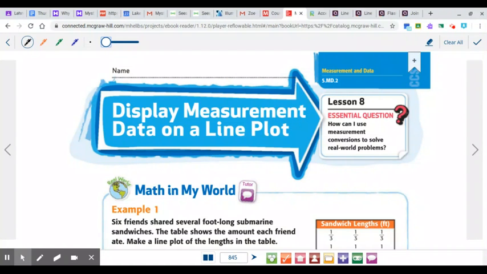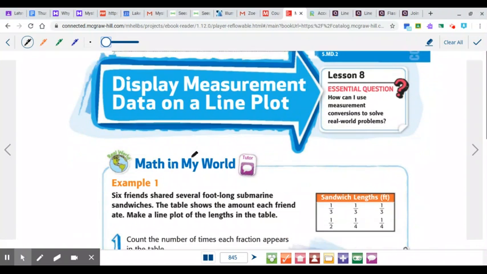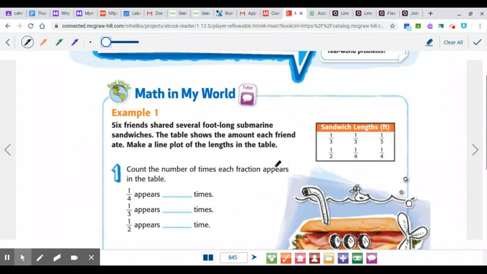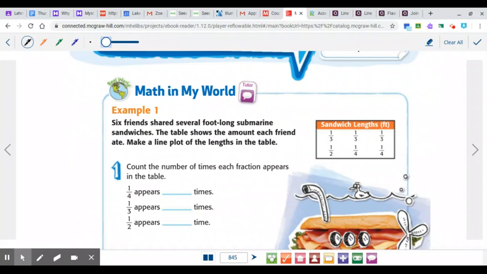All right, today we're going to do chapter 11, lesson 8, which is all about line plots. I'm going to show you a little bit on here, and then we're going to head over to the quizzes because you'll be doing your work there today. But line plots are just a way of showing you how many times something has occurred, how many times something